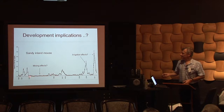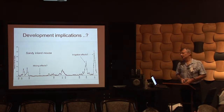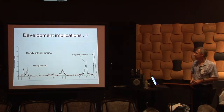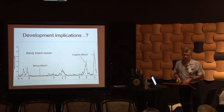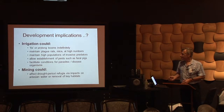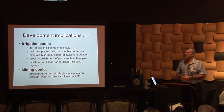In the case of the other kind of proposal, mining effects, where this is coal seam gas, which may have an effect on small refugia through the landscape, or more direct effects through surface removal of vegetation that the animals retreat back to during dry periods. These may have the effect of prolonging or enhancing even further these periods when the numbers are already very low and perhaps at risk from stochastic extinction events. So it's fair to say that we don't have good data on this, and these are things that we think